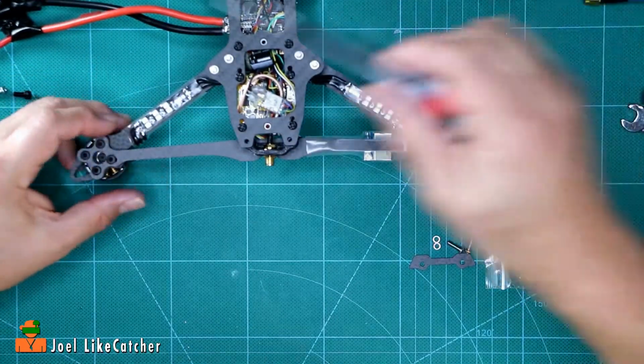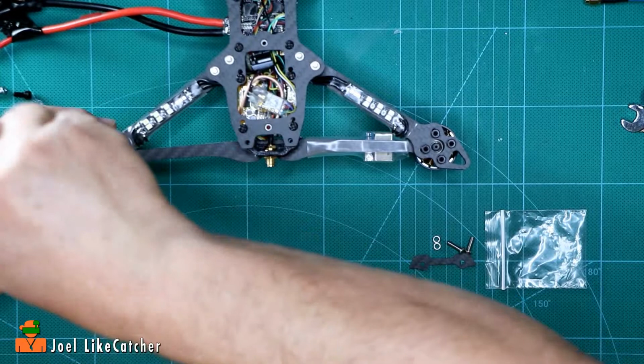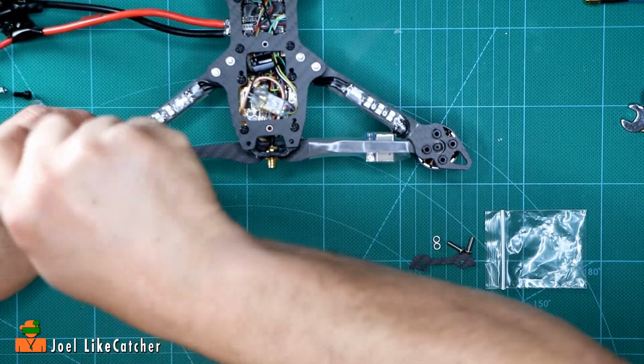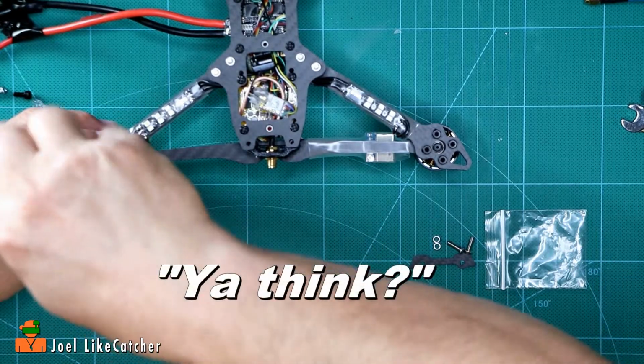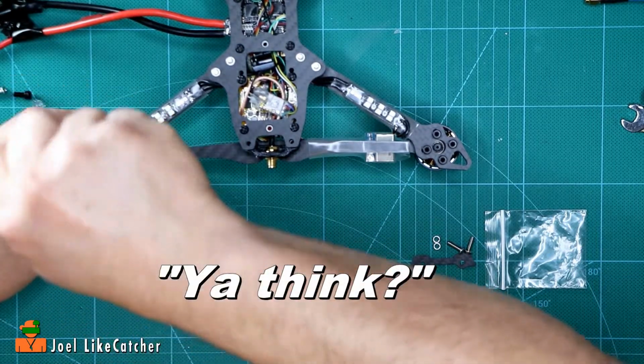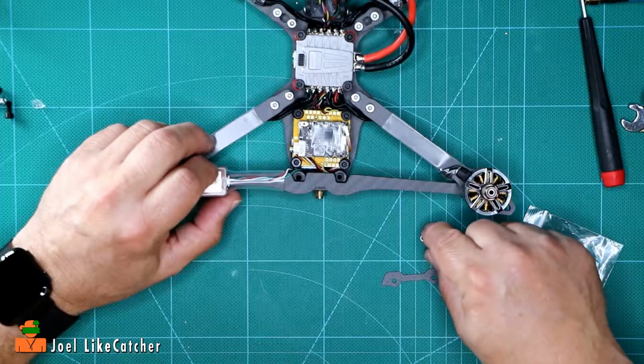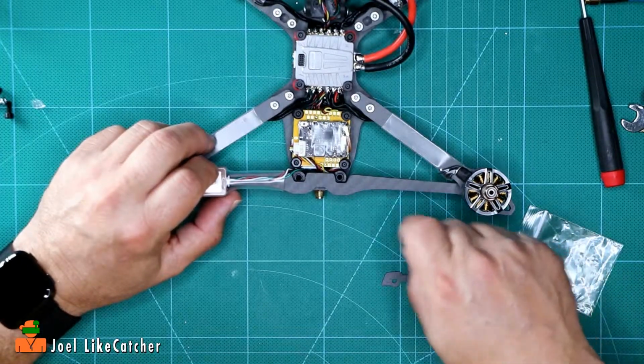Anyway, let's tighten these back up. It almost looks like the carbon is flexing. See, even I'm figuring this out as I go along. Okay, so now that we got that, we've got to...